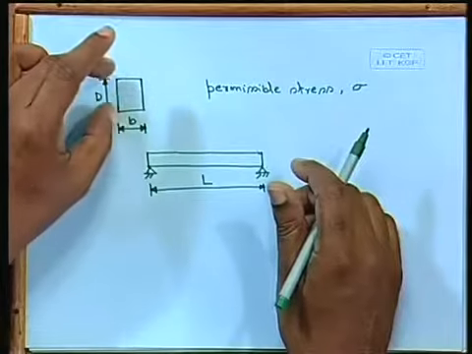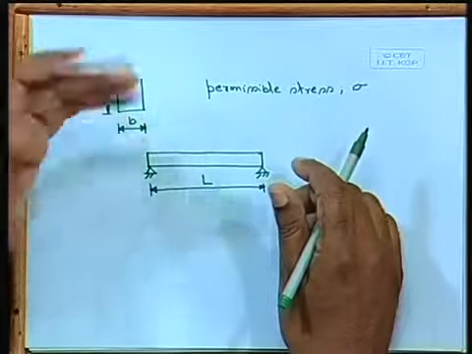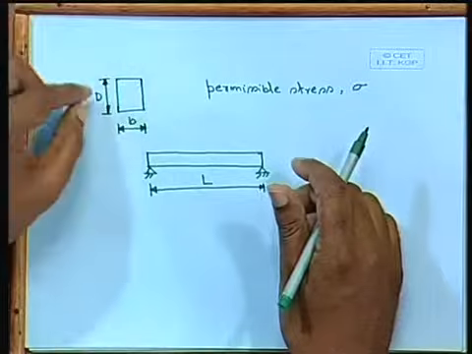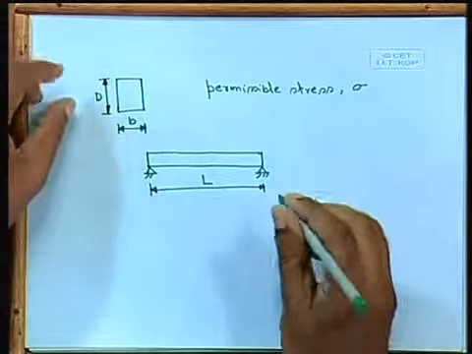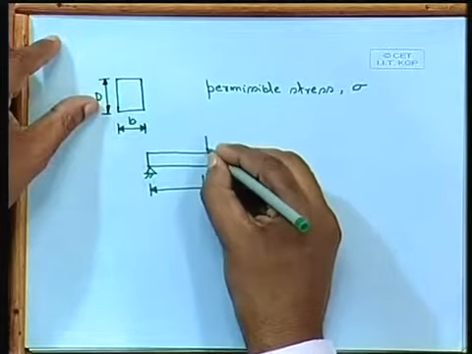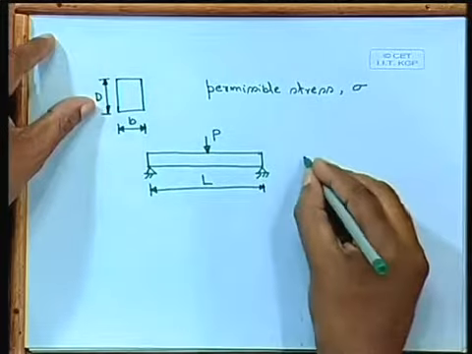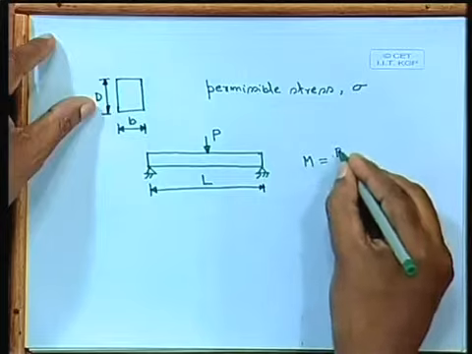Whatever section we provide will resist the bending coming due to the external load as well as the self weight. Considering that, if we would like to provide this simple rectangular, homogeneous section, maybe made of steel, aluminum, or wood, then what shall we find out? Let us say we are applying a certain load, to be more specific, say P. So the bending moment M equals PL by 4.